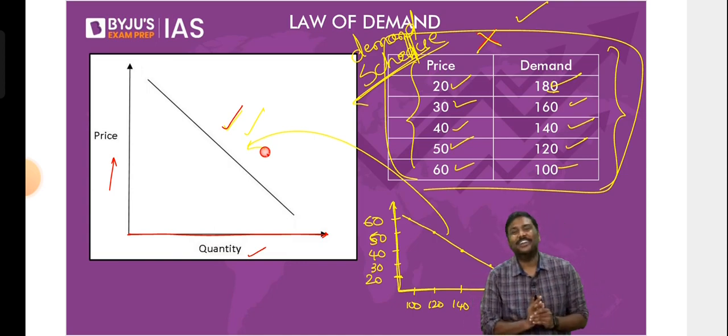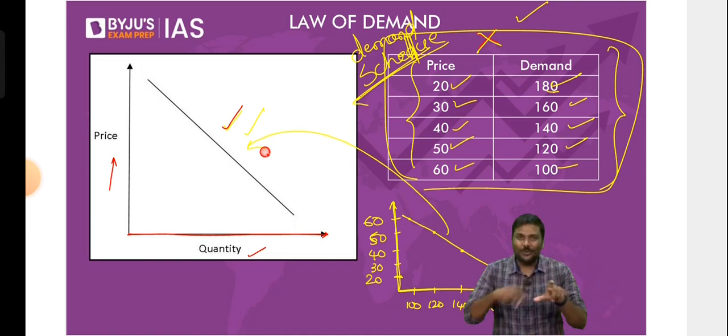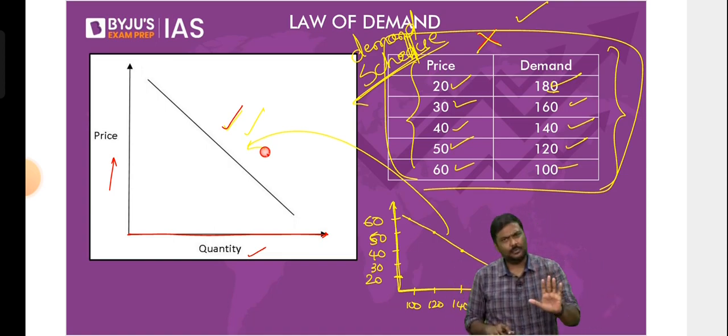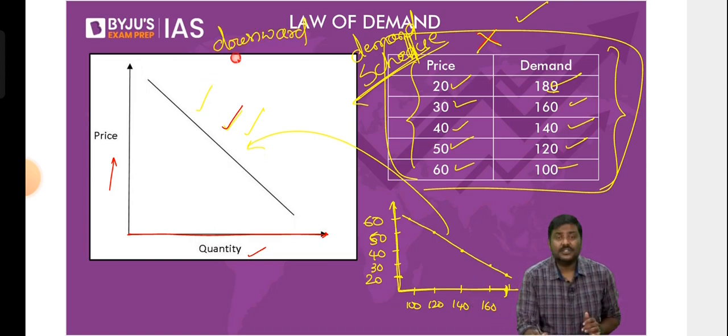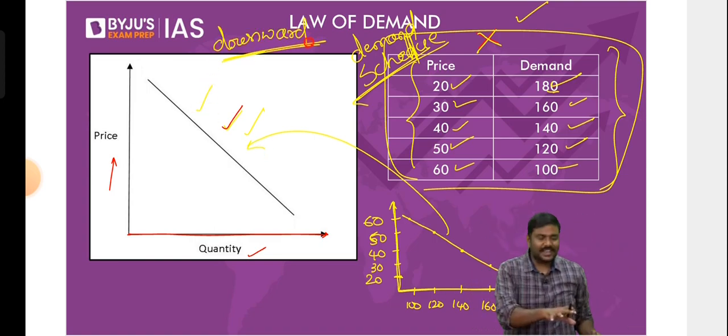And somebody said, sir, the line is not right. The line is not proper. Don't worry. That line is not straight, I know. I don't have a ruler or a scale. Not required for UPSC. Anyway, the concept is clear to you. Is the concept clear to you? That is more important. So the logic is simple here. The demand curve is a downward sloping curve. That is, the curve will always be sloping downwards like this.